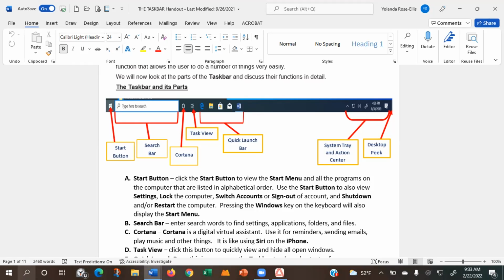Cortana. To the right of Cortana, what's the next thing on your taskbar? Task view. And to the right of task view, what do we have? The quick launch bar. We have the quick launch bar,